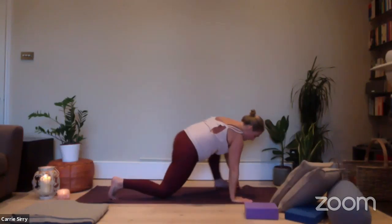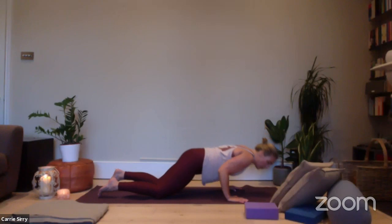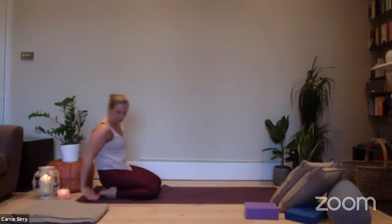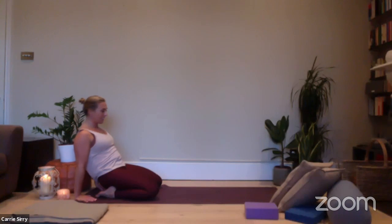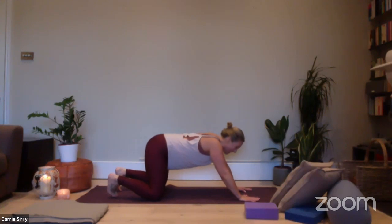Right knee draws down, left knee. Coming into your vinyasa variation, whichever works for you. So shifting forward or going back over into your baby push-up. Coming back to the front of the mat, fingertips point towards the toes, lifting up, puffing through the chest. Exhaling, drawing down. Walking the hands back to the front of the mat, toes tucked,